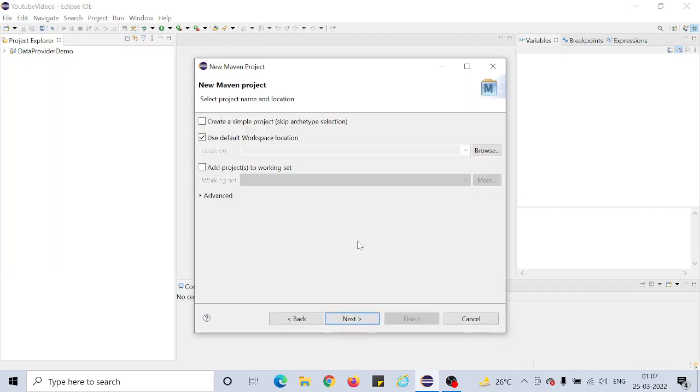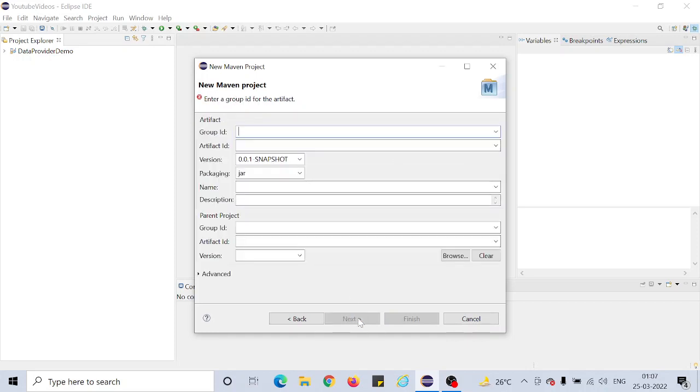Next, create a simple project, archetype type selection. So let's go ahead and use this. Group ID can be conduct first. And my artifact ID, which is also a project name, is let's say